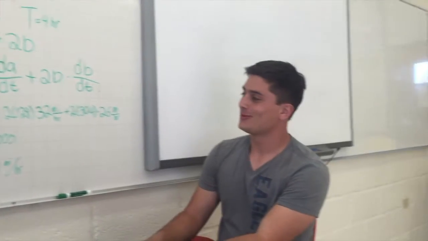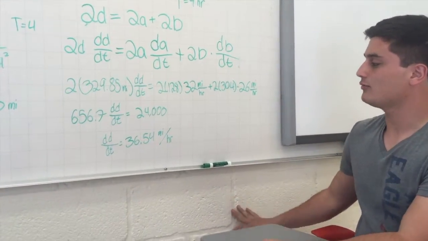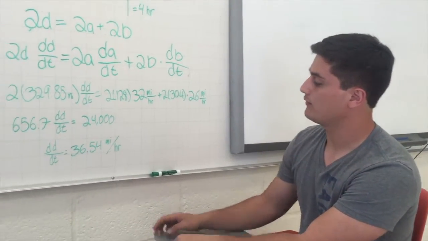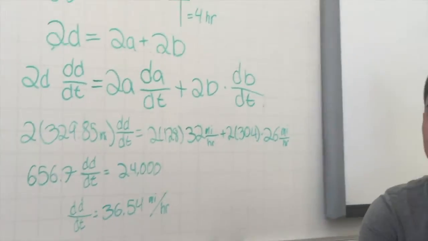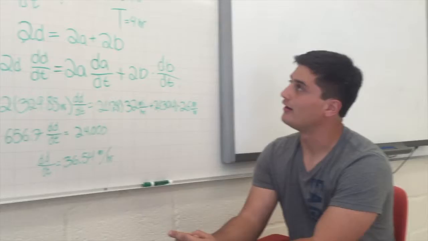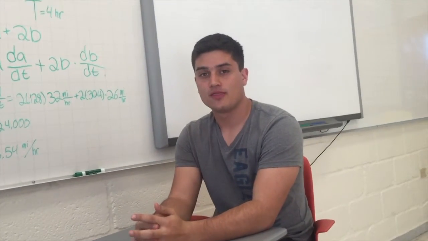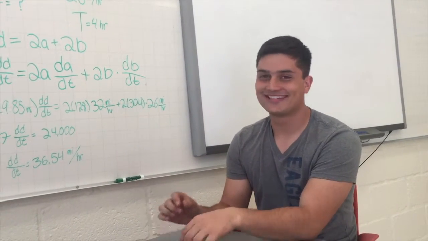So now we substitute our values and we solve for dD over dt, and that's our result. It's 36.54 miles per hour, which means that at 6 p.m. the distance between the two ships